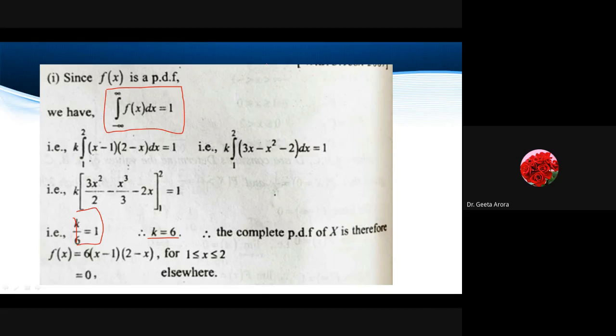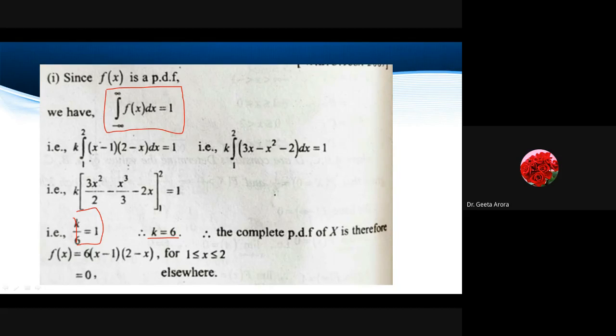So we have been provided that the integral from minus infinity to infinity of f(x) dx is 1. This property you can use, and from here I can calculate whatever is missing. So here we have k is equal to 6. And if you open the book that I have already uploaded on the LPU Live, you can see a lot of examples which are unsolved for you. You have to practice it.